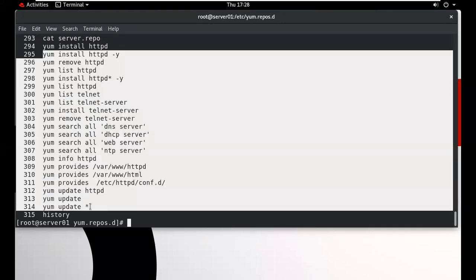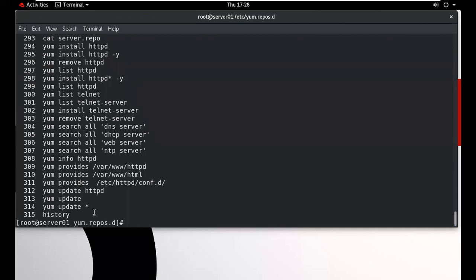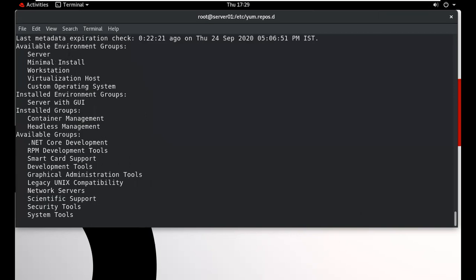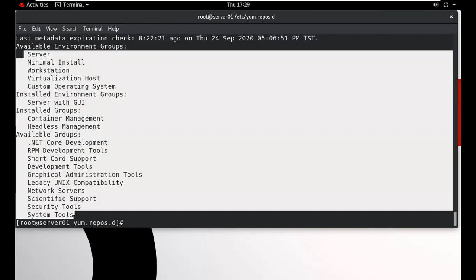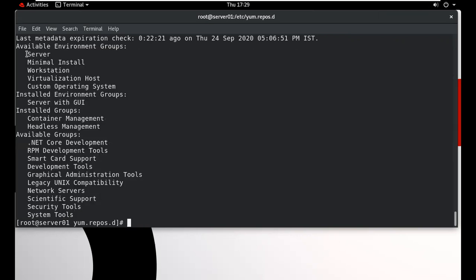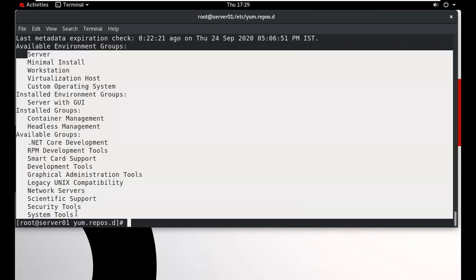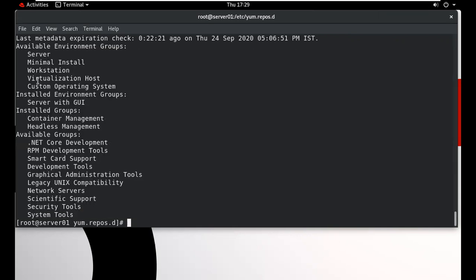These commands work individually. Suppose if we want to install any package in a group, so this is the command to install any package in a group. This is a group command, group list. So this is the predefined list of groups. These are the predefined group list. We want to install any package from this particular group list. We can also install, suppose we want to install the virtualization functionality, we can install this particular functionality.